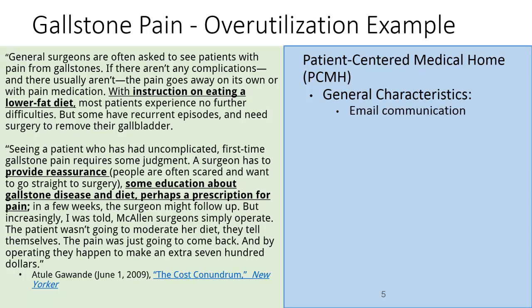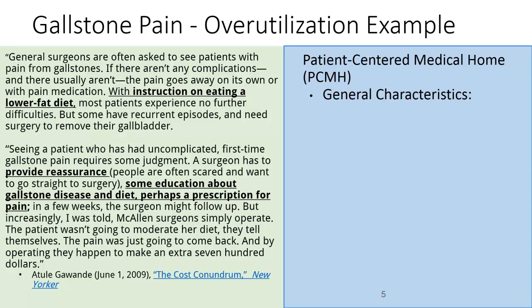And an ACO can't really implement gatekeeping, requiring that the patient first see a primary care provider, but an effective PCMH making up part of the ACO can make primary care a natural first stop. The idea with a PCMH is for the primary care physician to be the quarterback who coordinates the care on a range of issues. So the patient has a clear home when it comes to coordinating a variety